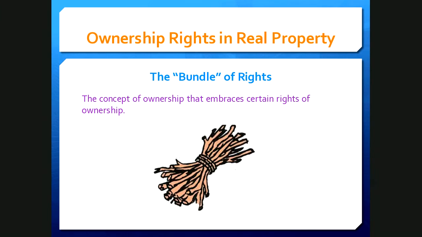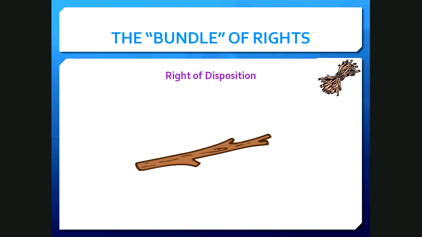And this is the stuff they teach you in law school, and they teach it just like that, telling you that each right is a stick, and if you pick them all up, you have a bundle. So you just got a law school education for the paralegal degree price. So now we're going to look at each one of these rights individually. So the first one we're going to look at is the right of disposition.